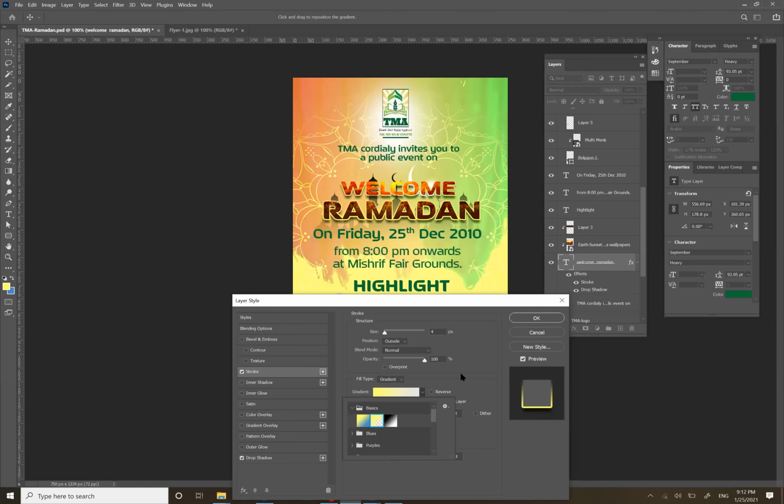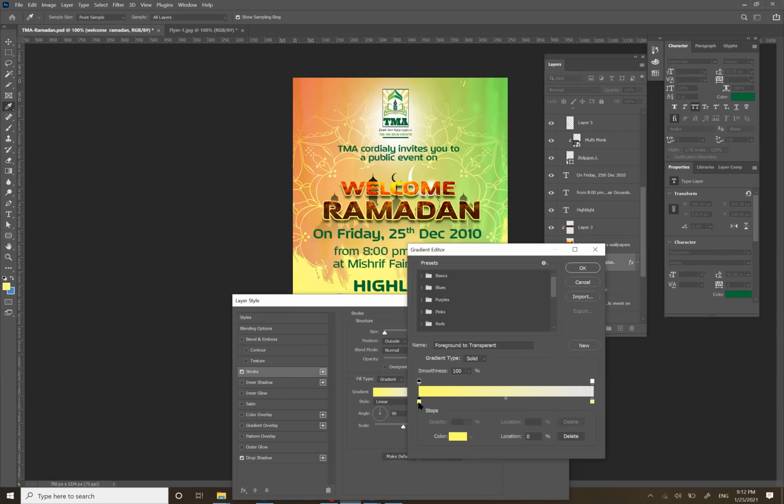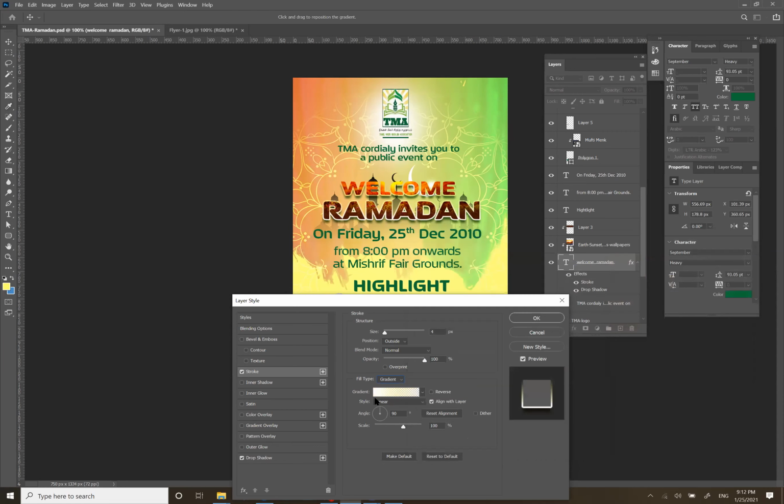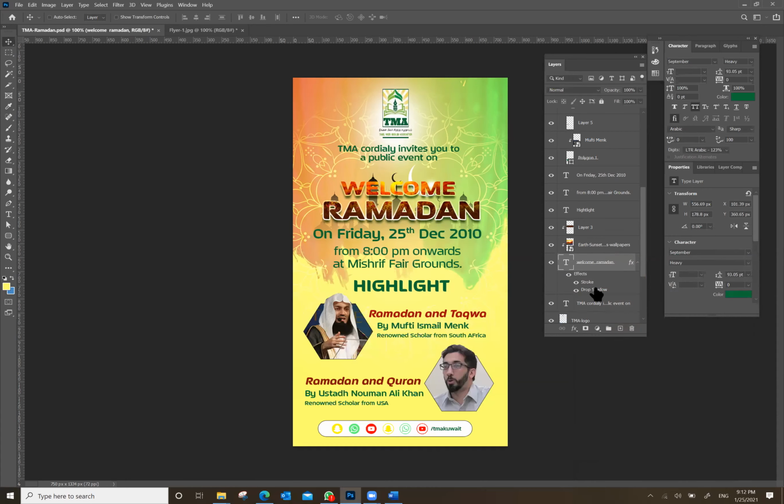So it starts with a color and then it slowly disappears. Now here from the bottom, it is starting with a color. If you want to have control over the color, you can double click on this color and select whichever color you want. I say white color. So it starts with white color and as it moves to the top, it disappears. Sometimes this effect also looks good. It is like a cinematic effect to your text area.